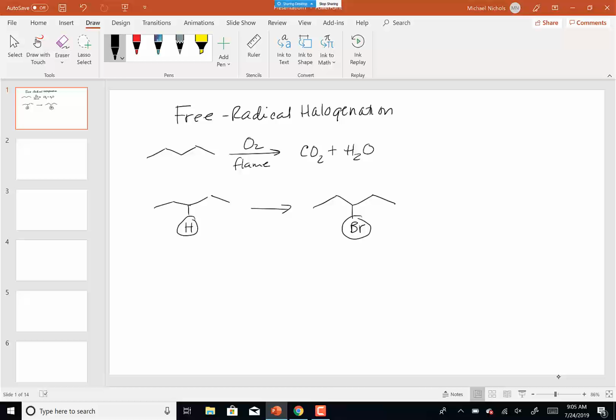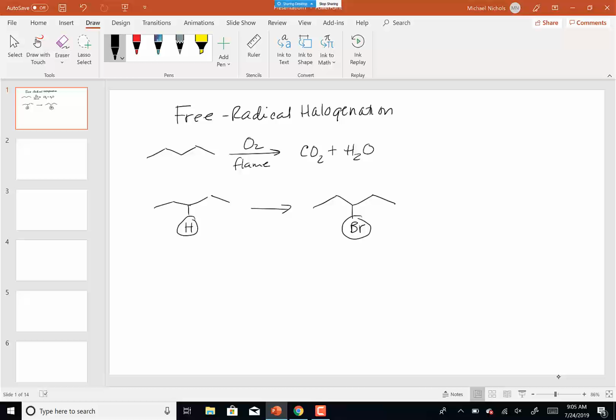Well, you can think of all the reactions that we've done. I could do SN2 or SN1, right? I could replace that Br with an OH. I could make a Grignard out of this alkyl halide and add a carbonyl to it. I could do E2 and make an alkene out of it. So any of those reactions can only be done if I replace a hydrogen with a halogen on an alkane. So if I'm going to use an alkane as my starting material, I need to be able to do this